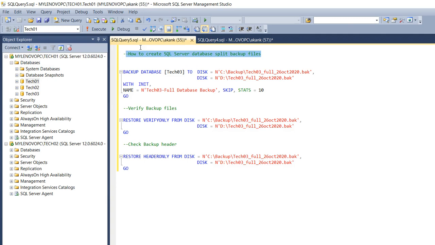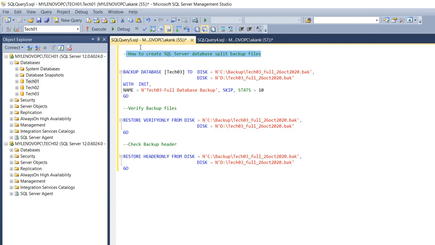If you divide it into 4 files, it will write to a different drive or different network location, so disk IO will be very low if you are using the split backup. While sending the backup also, a small backup file is quite easier to send rather than the big backup files. So this is the big advantage of taking the split backup.